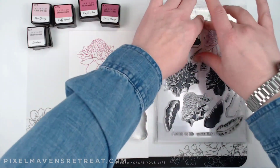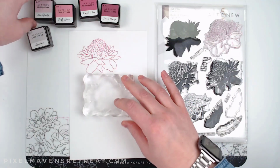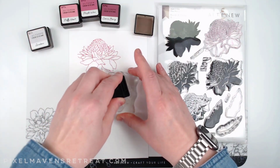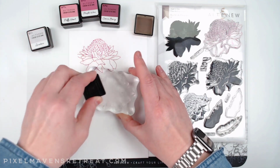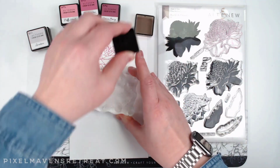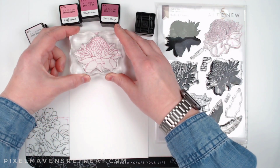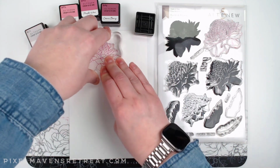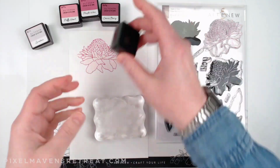Now I'll cycle back to the full background, and I'm going to use Rose Quartz. This is the lightest shade of the four. So if you're using a different set of inks, note that I went from the third darkest now to the lightest shade, and as long as you keep those in order, then you should be able to replicate these results just in a different shade. All right, so I've got my lightest color down,